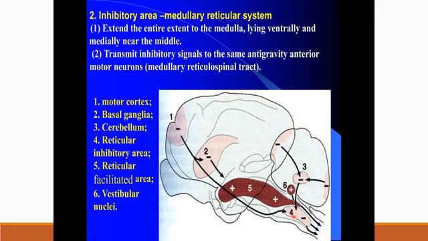And coming to the inhibitory areas, these are the medullary reticular system. So here you can see the medullary reticular system. They extend to the medulla, lying ventrally and medially near the middle part. They transmit inhibitory signals to the same anti-gravity anterior motor neurons via the medullary reticulospinal tract. The pontine reticulospinal tract is facilitatory, whereas the medullary reticulospinal tract is inhibitory. So remember these two, reticulospinal and vestibulospinal, are very important